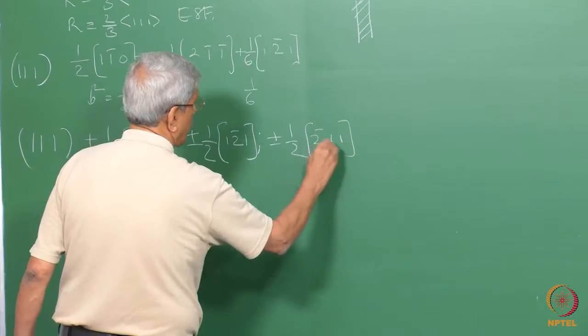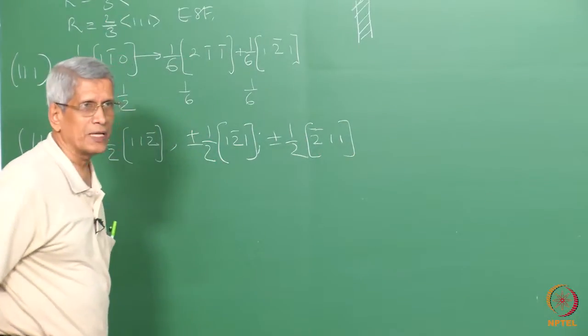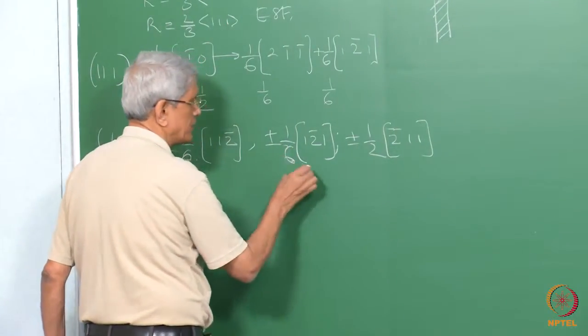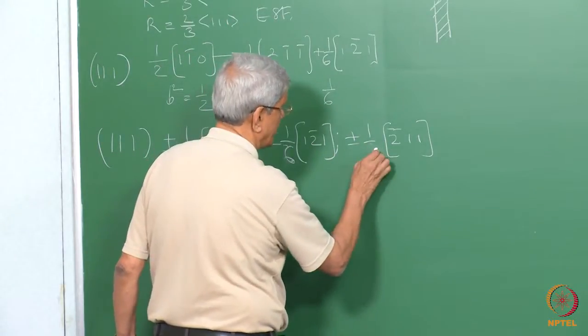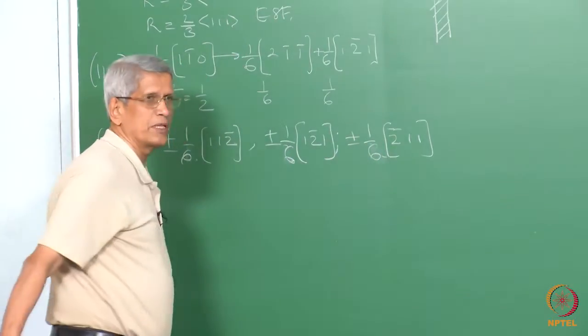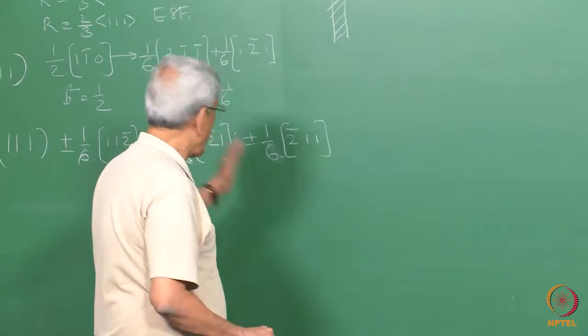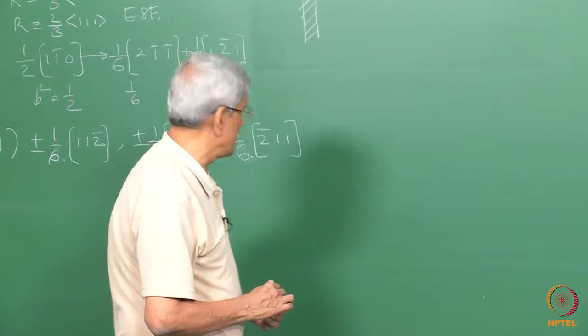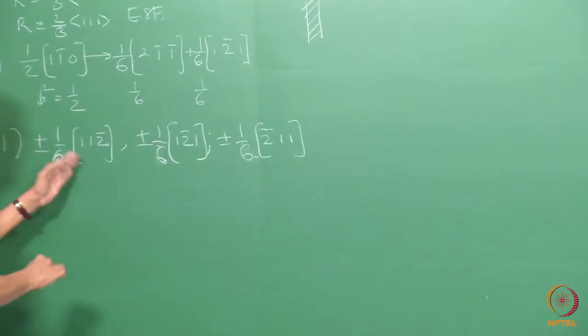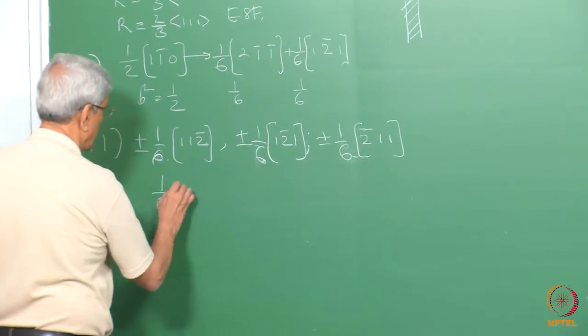These are all the types of partials which we can create in a {111} plane. These will all be 1/6 because these are all perfect translations. So this is going to be the Burgers vector of the partials, okay. These partials, we can try to look at: suppose we have one partial which is 1/6